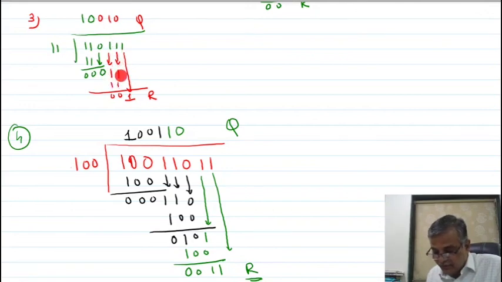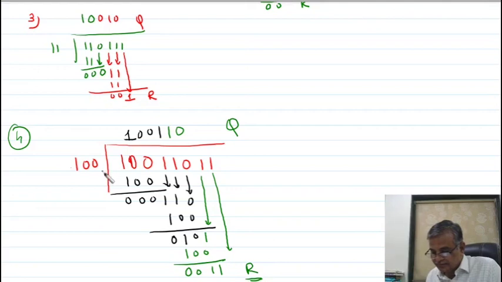Then I am taking 1. Yes, this can be divided. So I put the 0 for taking this down. Then 11, this 1s are 0. Now I am taking this 1 down, so you are not dividing, so I am putting here 0. This is your quotient and this is your remainder.